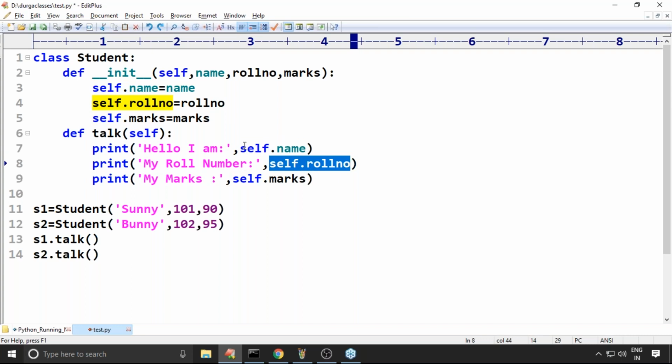Boss, can you please provide the current object's name value? Can you please provide the current object's roll number value and marks value? So to access data of instance variables, we can use self.